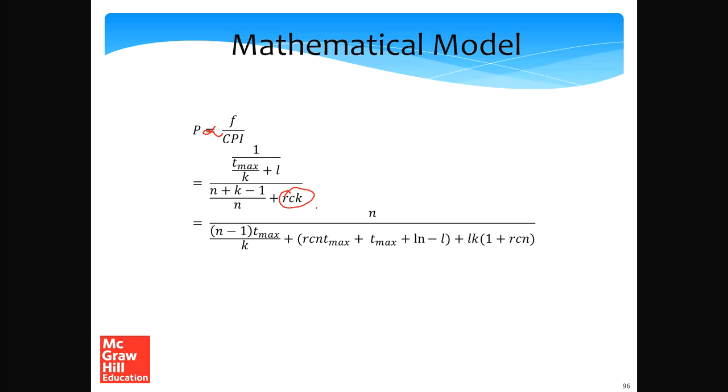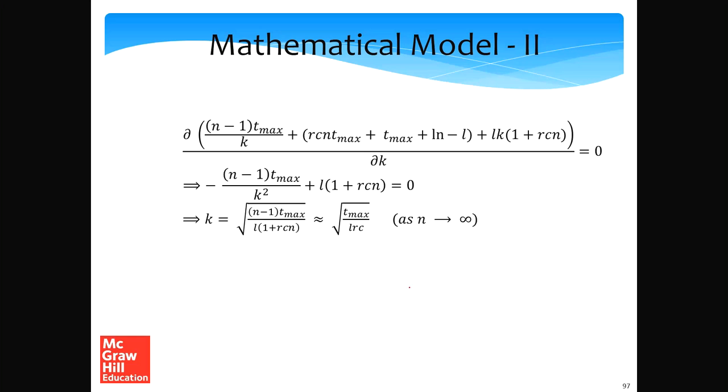So let us further do some algebra and simplify this expression. So we come here. Now let's again differentiate this with respect to k. If we differentiate this expression with respect to k, we shall get the optimal number of pipeline stages. So then after differentiation, we come to this expression. As n tends to infinity, we get the optimal number of pipeline stages, let's call it k opt,